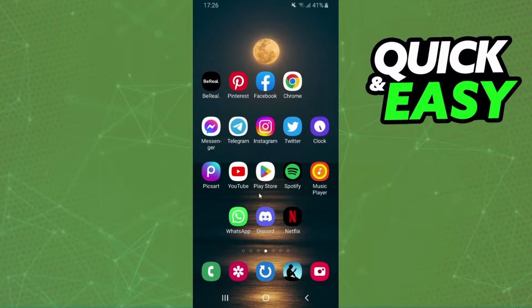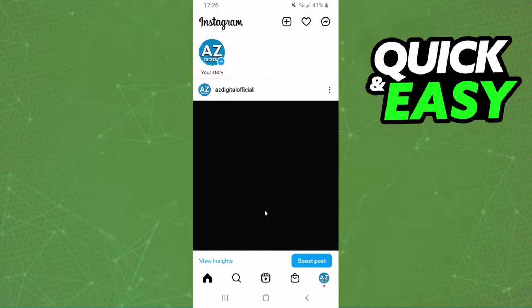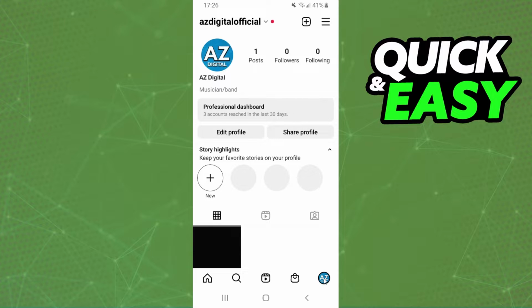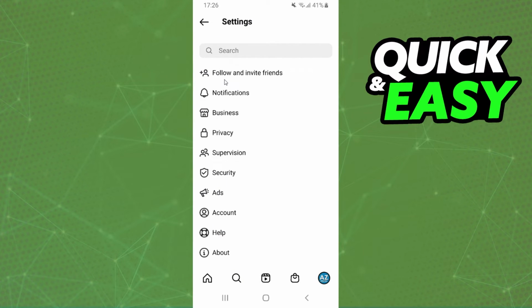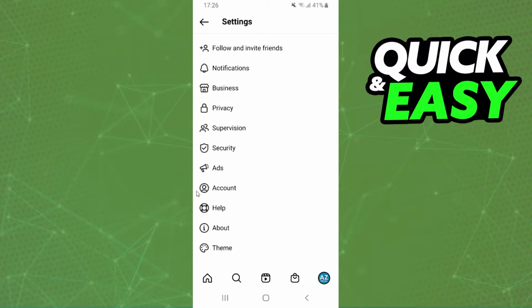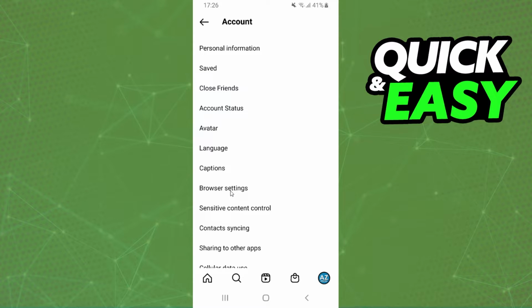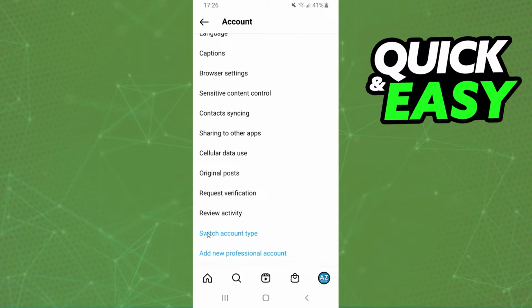The first thing you need to do is log on to Instagram and log into your account. After doing that, you come to this button right here and go to your profile. Then you will see this option at the top right corner, these three lines right here. You click on top and you need to click on the first option, settings. Click on settings. Then you will see several options, but the option that interests us is this one, account, okay, with this icon. So click on account, swipe down again, and you will see switch account type, okay.